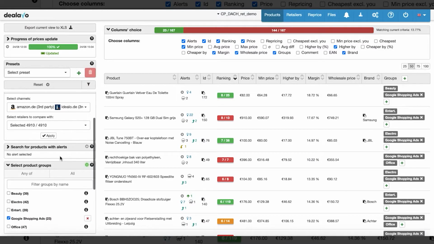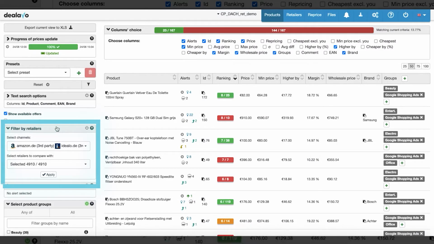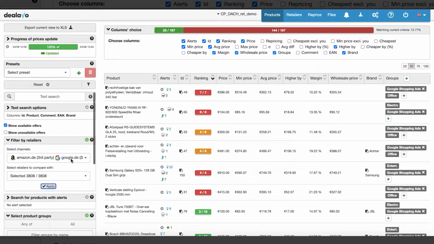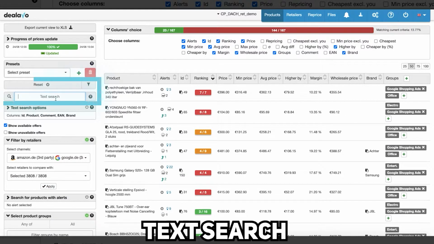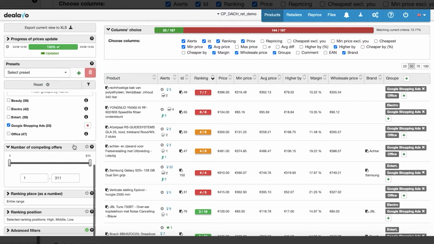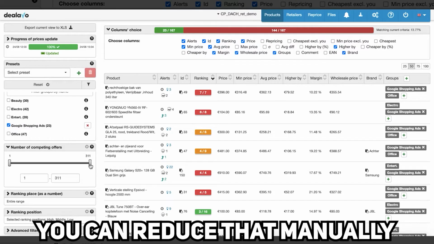You can also set filters for a specific sales channel and choose whether to focus on a cross-section of the entire market or on a specific channel, for example, Amazon or Google Shopping. Specific products can be found easily using text search. You can also see the number of competitive offers. The default setting in the application is that all offers are shown, but you can reduce that manually or with